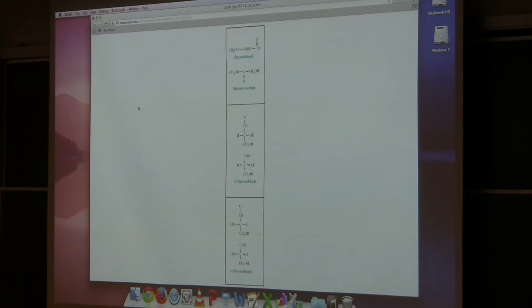A tetrose would have C4H8O4. A pentose would have C5H10O5. A hexose would have C6H12O6. Okay? Hexoses and pentoses are the most common sugars that we find. Hexoses and pentoses. Well, before I go and talk about those, I need to remind you of something about your